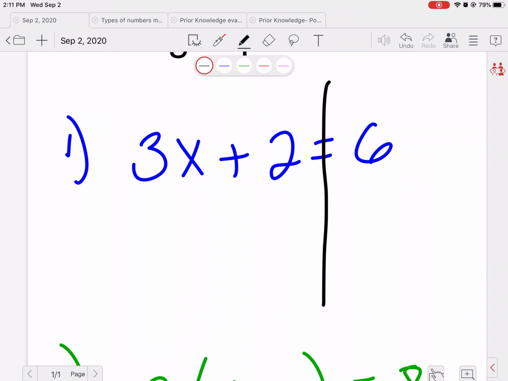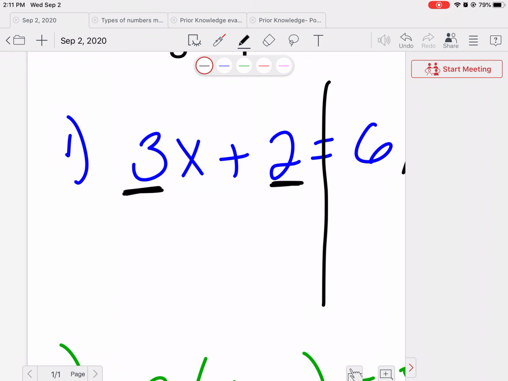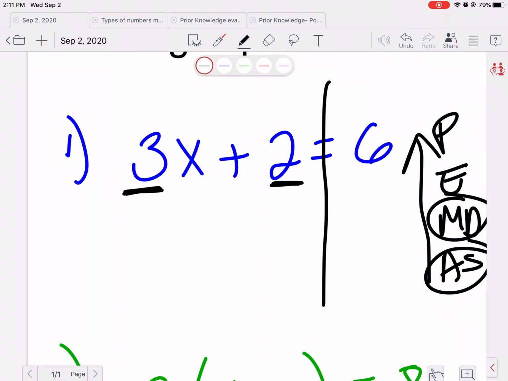So we have 3x plus 2 equals 6. To get x by itself, we need to get rid of the 3 and the 2. And remember, when we're solving, we do backwards PEMDAS because we're trying to undo all the stuff we did before. So we go backwards. We get rid of all the addition, subtraction first, then the multiplication, division. So I'm going to go ahead and subtract 2 from both sides because that's my addition,